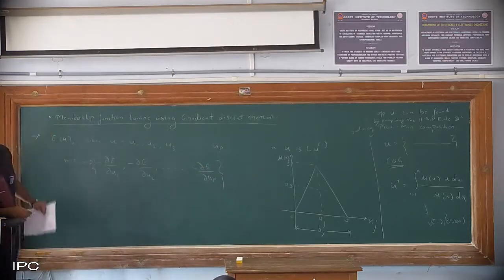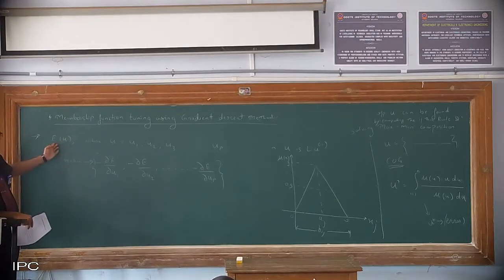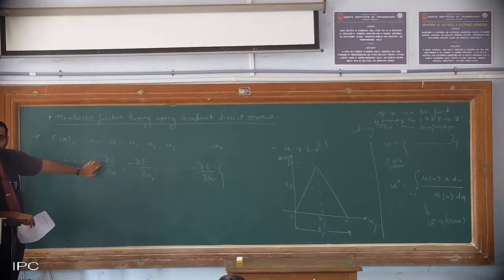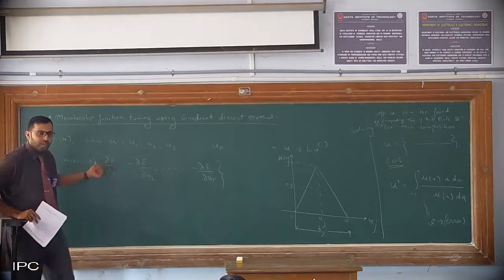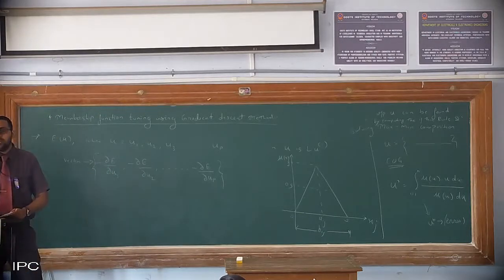So that is what we were discussing. We get errors. In the first iteration you will get an error, E of u. Second iteration, third iteration, fourth. So n number of iterations it can go. Every iteration, what we are doing is measuring the change in the error with respect to the output. First iteration, what is the change? Second iteration, what is the change? Why minus n? Because we are taking it in the decremental order.